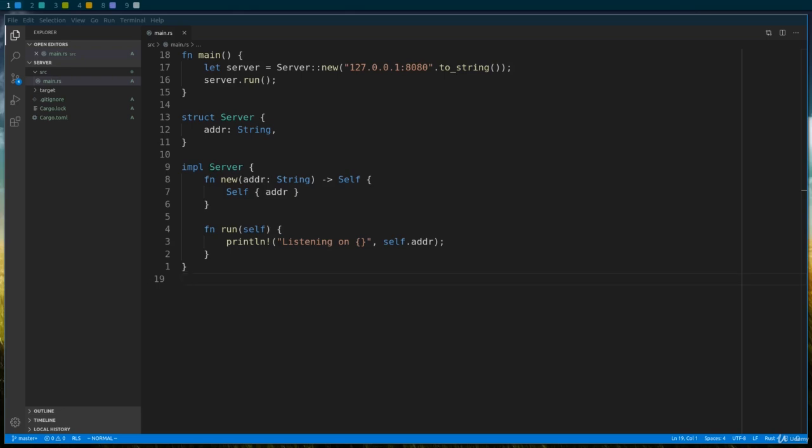Now it's time to model the data that we will be working with. In our application, we will be handling HTTP requests and returning HTTP responses. Let's see how we would represent an HTTP request first. Here, I have a simple HTTP request that we can use as a guide to see what we need to